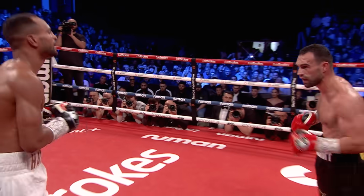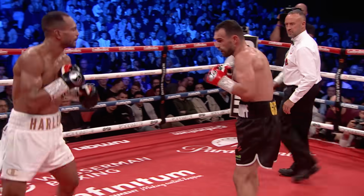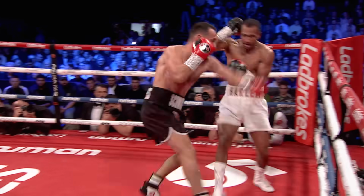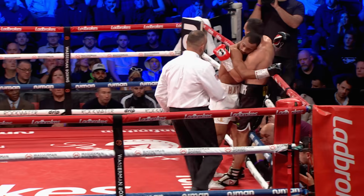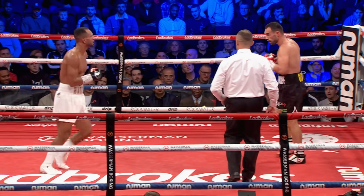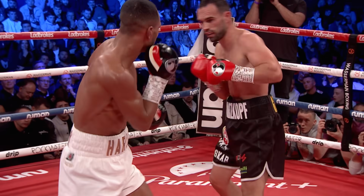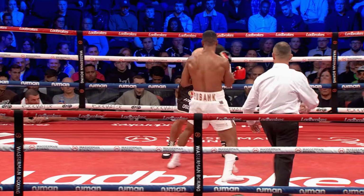Just to chop him right down the middle, it was just over the left hand there, Schwarzkopf. I don't think he saw it. Eubank followed up with a couple of uppercuts and good work to the body as well. He's picking his punches well so far. Schwarzkopf, I haven't given him a round yet, but he's not a million miles away with his attacks, and he's probably thinking, I've just got to chase my feet up a little bit tighter. At some point I'm going to land and I'm going to try and get